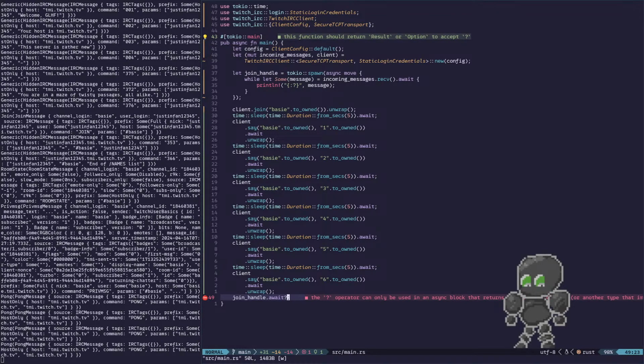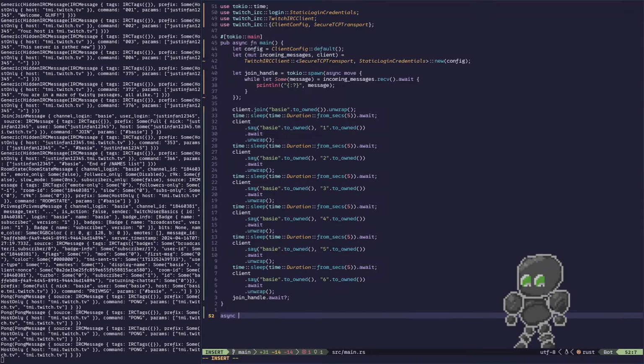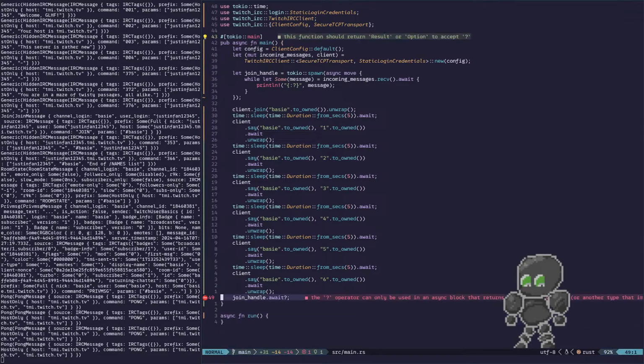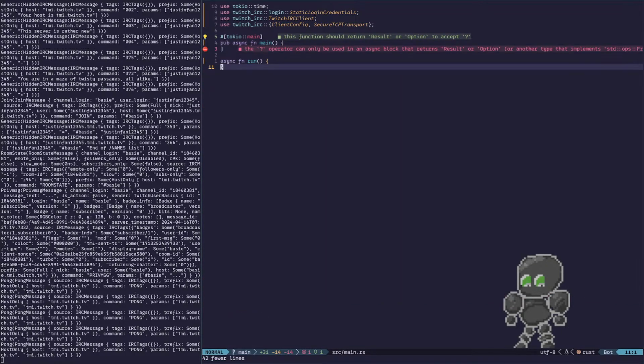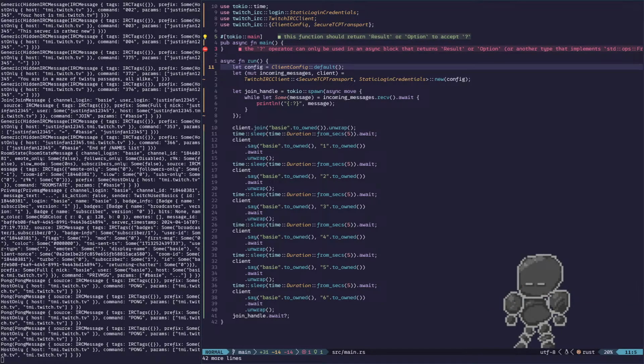Yeah, I mean, you're right. So let's get rid of this unwrap business, which we're gonna avoid anyway. We'll go async function run, transfer all of this to here, and then